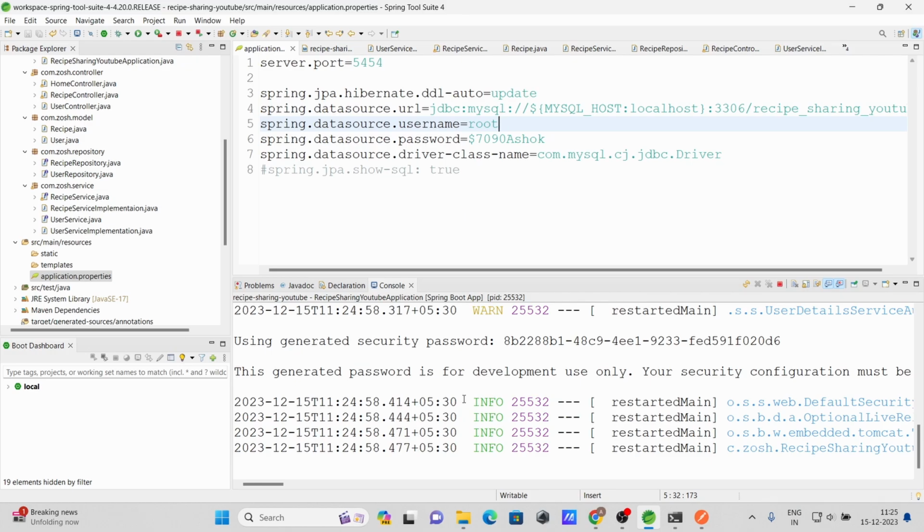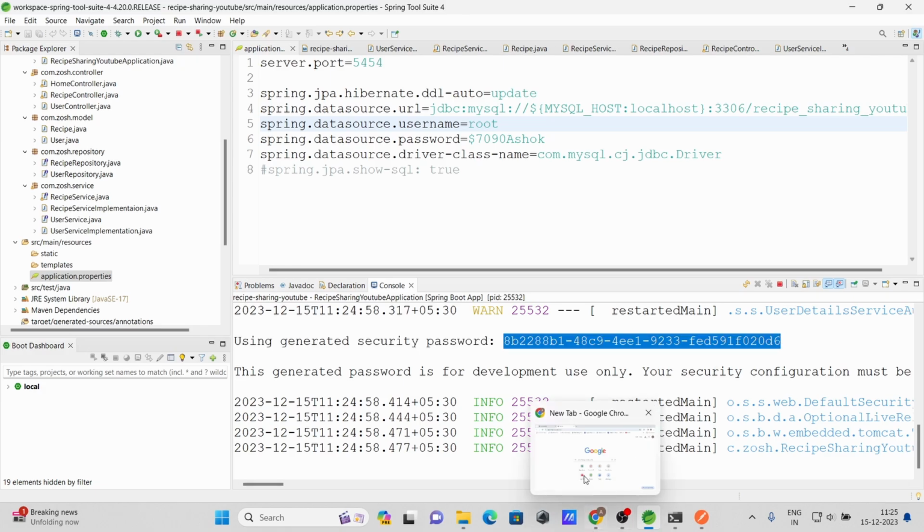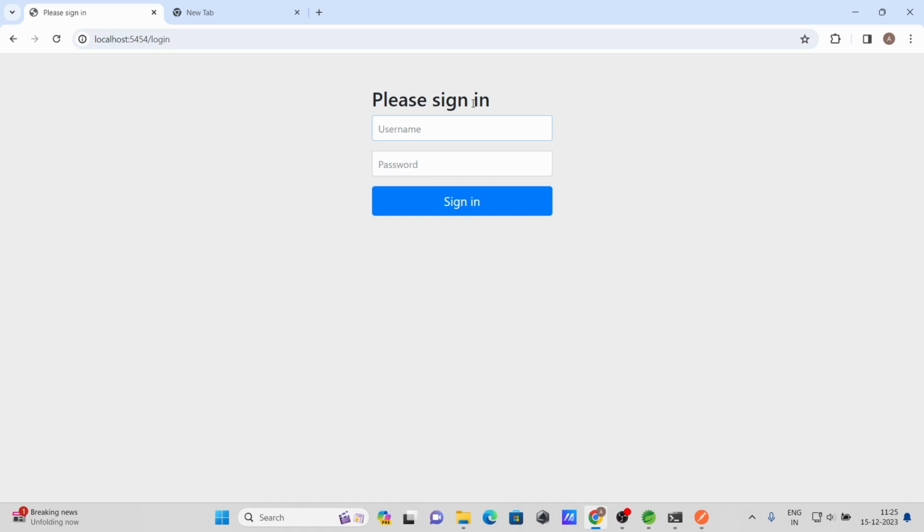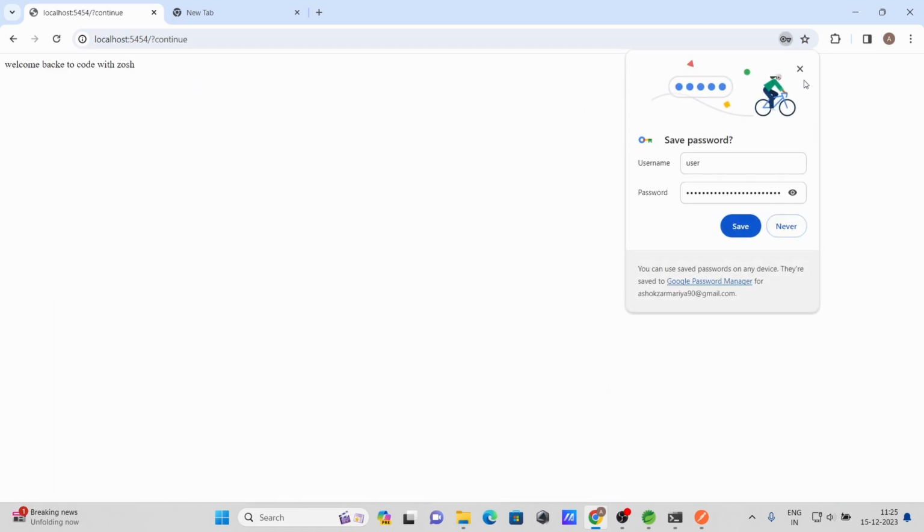Okay, so our error is gone, and you can see Spring Security has by default generated this password for us. So let's copy this. Now guys, if I go here and refresh, you can see it's giving me this default login page. Now I'm not able to access our home controller. Here I need to give the username, which will be user by default, and the password which we copied from the terminal. When I click on sign in, you can see now I'm able to access